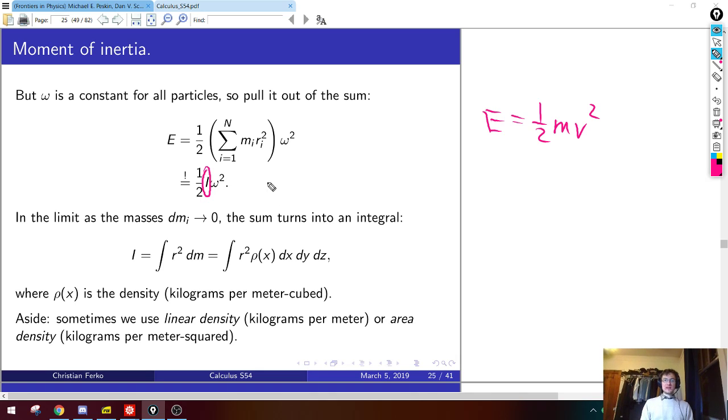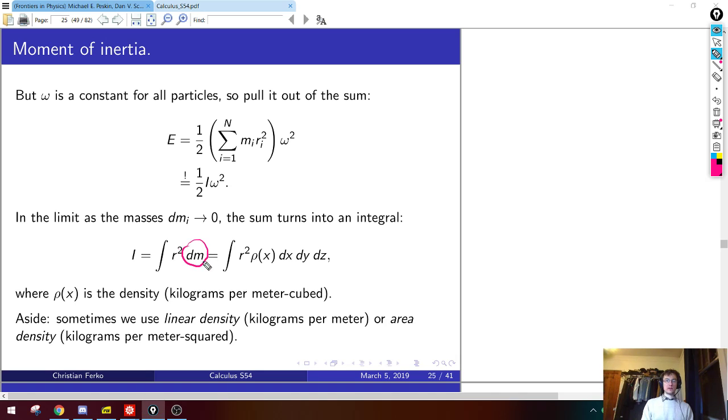Okay, so last step for moment of inertia is, what about the continuous case? Well, you've already seen this like 3 times now, so I'm not going to belabor the point, but if you have a continuous mass distribution, you just take the limit as those little chunks m sub i become very small. The sum turns into an integral. So the moment of inertia for a continuous body is the integral of all of the r squareds, where r is the distance from the central rotary axis, r squared times dm.